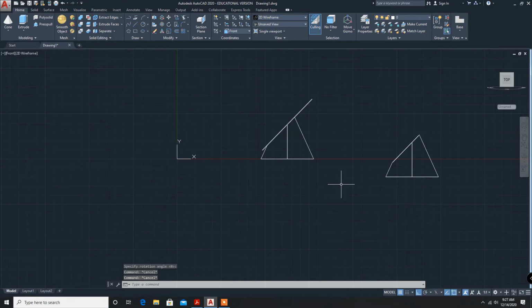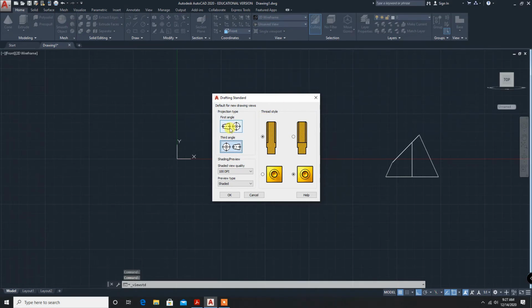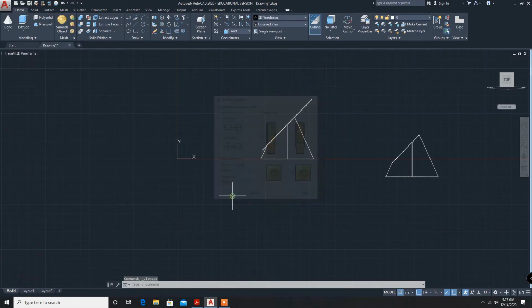The object is created. Now we have to bring this to the layout. For layout, view standard, the same way we have followed for the past few exercises. First angle projection, click OK. Now model space, select the object, enter.